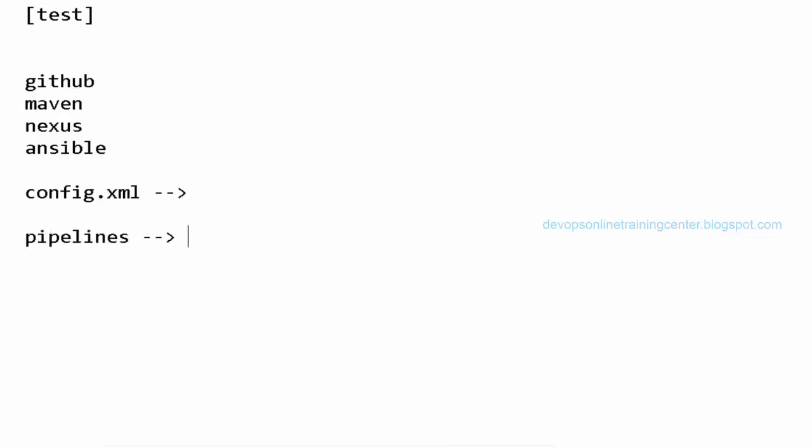Using pipelines, it is easy for the developer to develop the job in terms of code, right? For this, we use something called Groovy scripting. We don't have to learn entire Groovy, but we should at least know how to write simple stages and all, right? So how do we write the script? What is the first step? The first step is to download from GitHub. But before that, the first step is to select the slave. So here we write something like node and we give the label of the node, let us say slave 1, right?